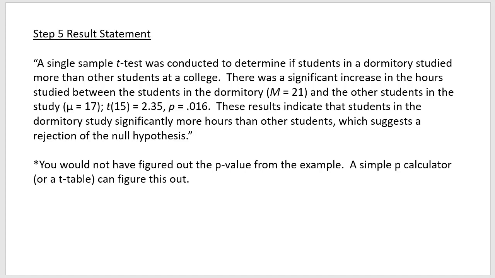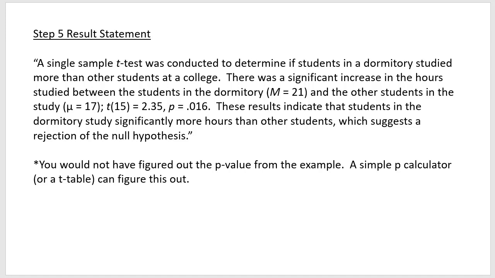Something you may have noticed, though, is that I said p is equal to 0.016. When you're using SPSS for your data analyses, it will tell you exactly what the probability of your result is. In this case, we wanted to see a p less than 0.05. Our result, our sample's t-value, occurs 1.6% of the time on the comparison distribution. So only 1.6% of the scores are greater than the studying hours of 21 based on our comparison distribution